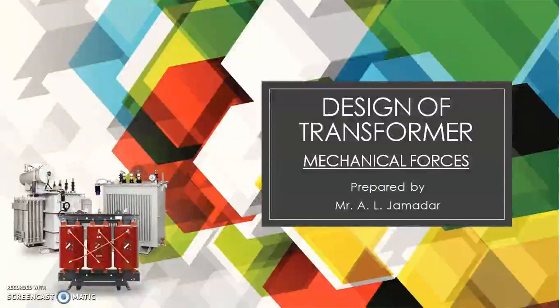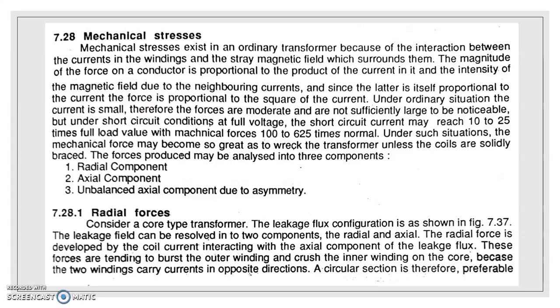Hello guys, in this session we are going to learn about mechanical forces exerted on the transformer. So how are they produced? Simply, in the machine there is a current flowing through the winding and also a stray magnetic field. Because of the interaction of the current in the winding and the stray magnetic field, the mechanical forces are exerted